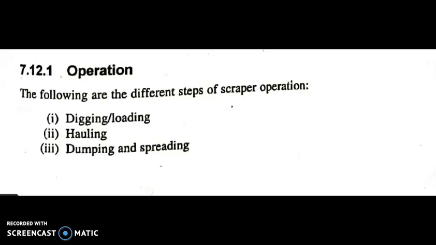During the activity, the scraper is allowed to move so that the material is spread in a layer. When the spreading is complete, the gate is fully retracted. The apron is dropped and the bowl is raised to the carrying position. These three are the operations of the scraper.